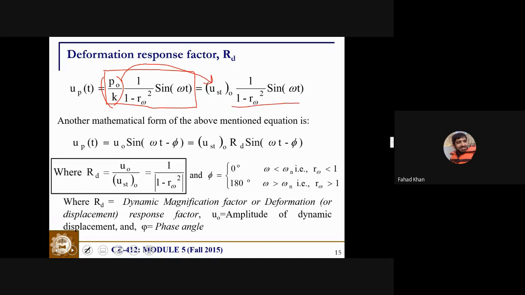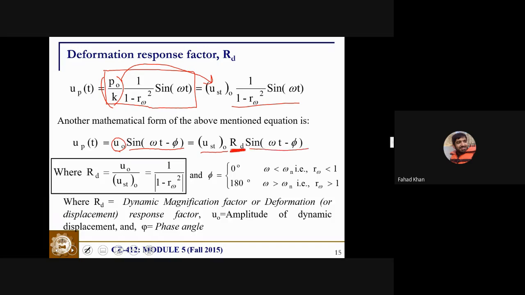This equation can be rewritten as up is equal to the static displacement multiplied by sine omega t minus phi, or u static multiplied by some kind of dynamic amplification factor, or RD factor, multiplied by sine